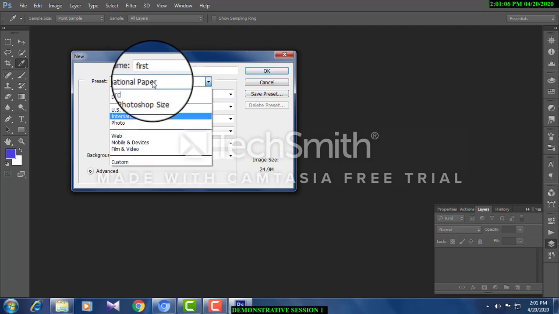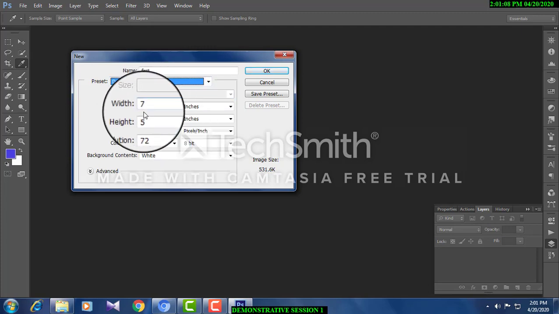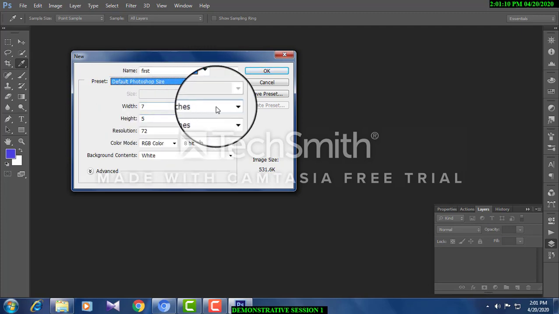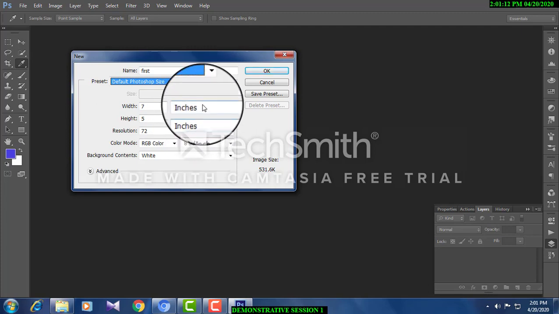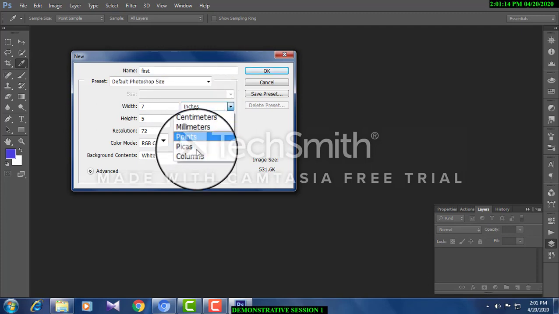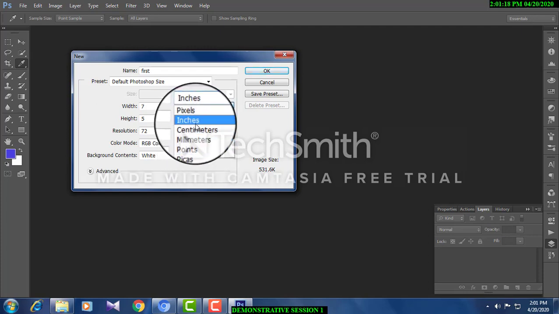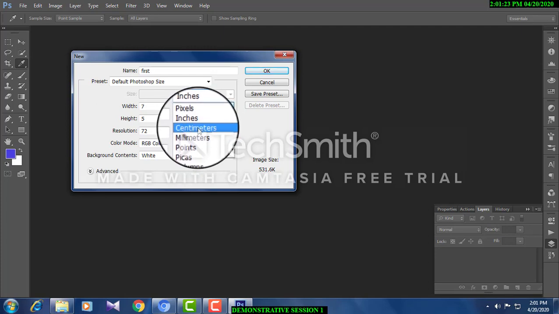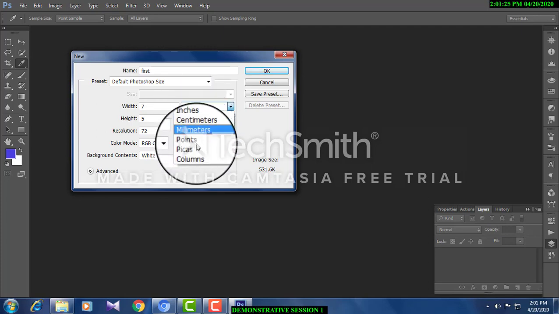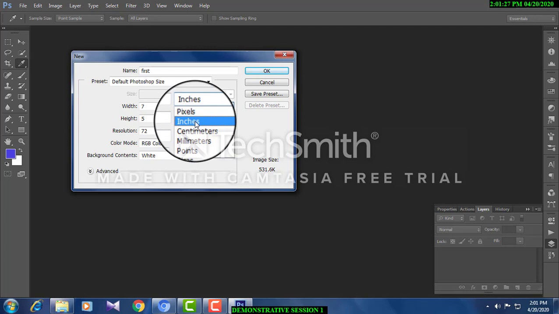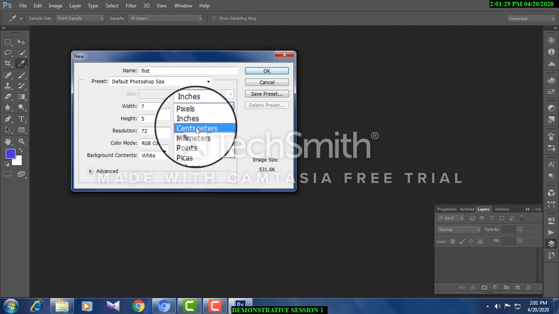And you must all know the default size of Photoshop is 7 into 5, 7 inches into 5 inches. And this is where you find different units of measurements. Now we shall better go with inches or centimeters, which is better for us. Other units we may not be that familiar with. So for beginning, we may go with inches and centimeters.